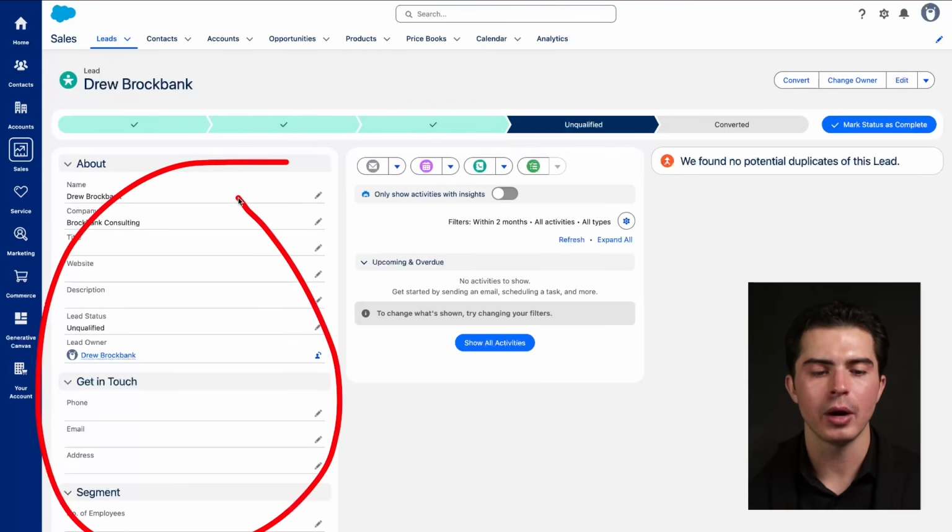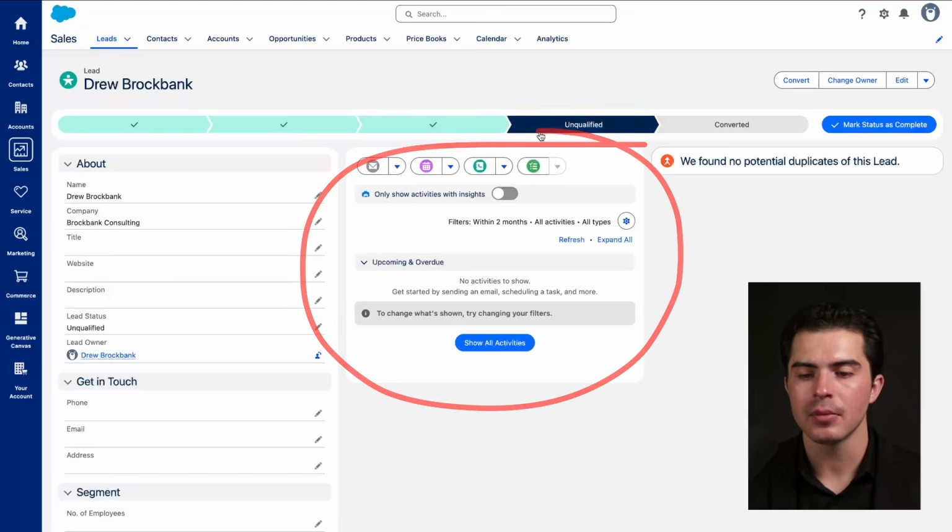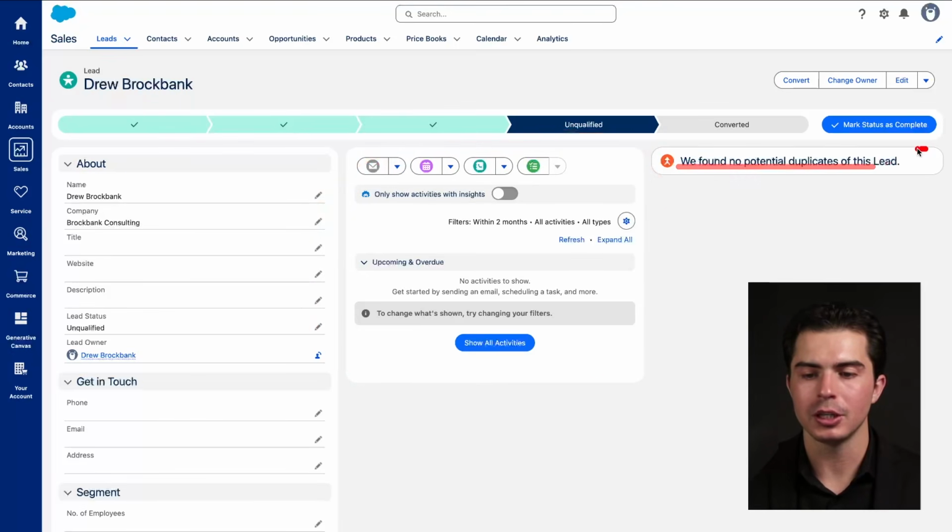Okay. So record information, the details about the record, the person that you're looking at, the lead, which technically, just to be precise here, leads aren't people. Leads are unqualified opportunities. So Drew is an unqualified opportunity. And then we have the activities. And then there are no potential duplicates of this lead, but